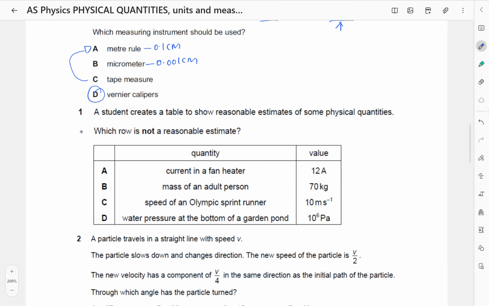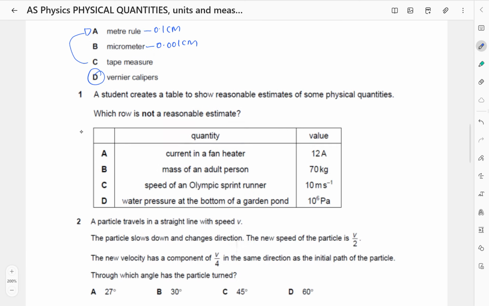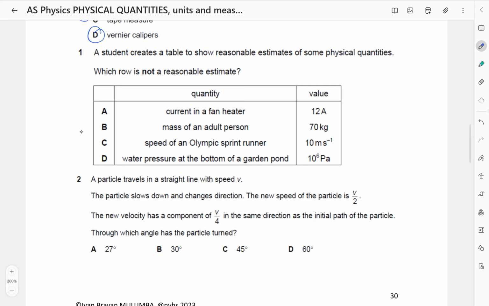A student creates a table to show reasonable estimates of some physical quantities. Which row is not a reasonable estimate? Current in a fan heater is 12 amperes. I think that is reasonable. The mass of an adult person should be around 70 kilograms. That is reasonable. The speed of an Olympic sprinter, I've been using 10 meters per second many times, so that